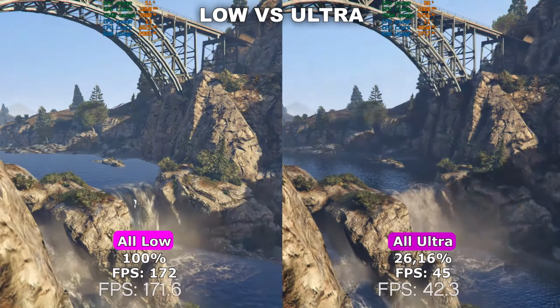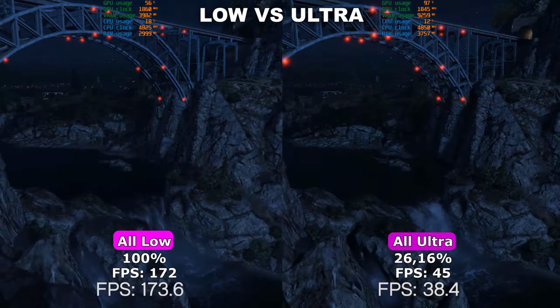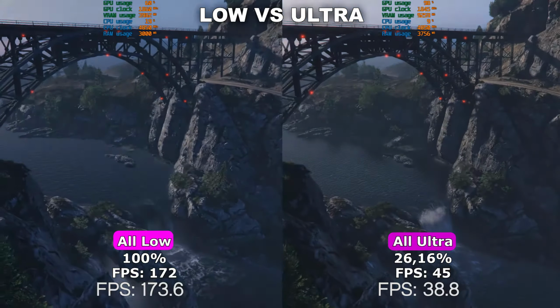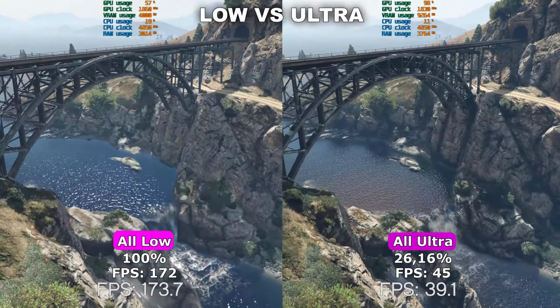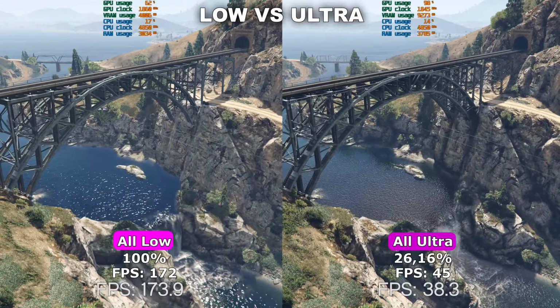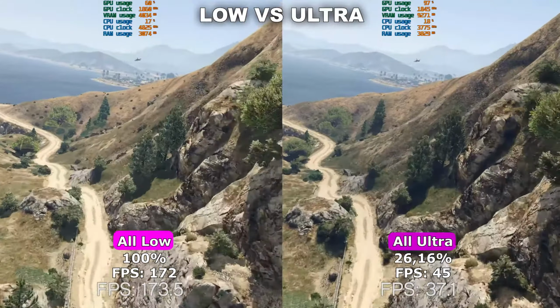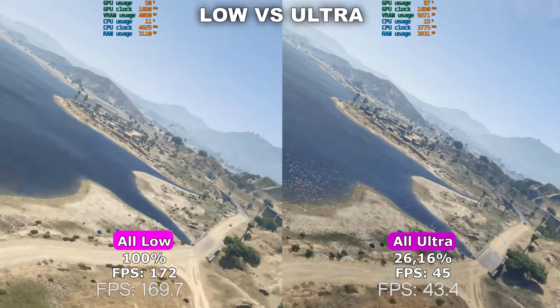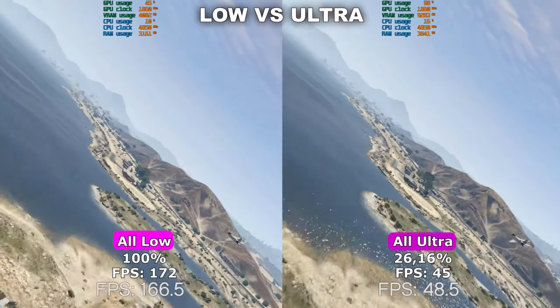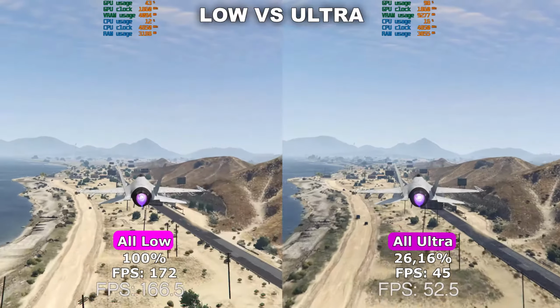Firstly, I wanted to showcase the two extremes of all low and all ultra, to see both the performance and the quality difference between the two. There's a few points I want to mention before we move on to the next setting. Firstly, GTA 5 is very dependent on your CPU, and especially on single core performance, since it is an older DirectX 11 title.